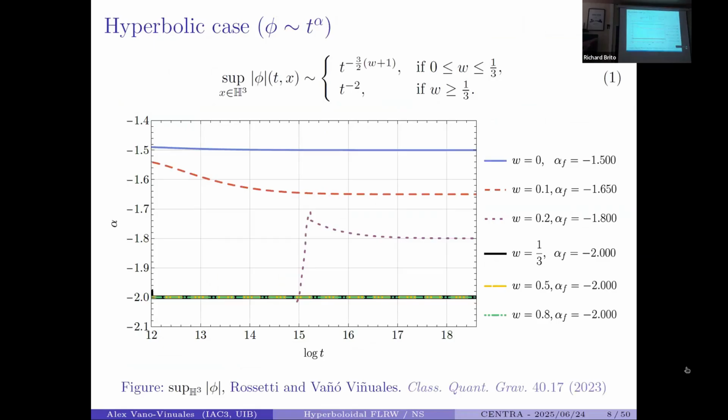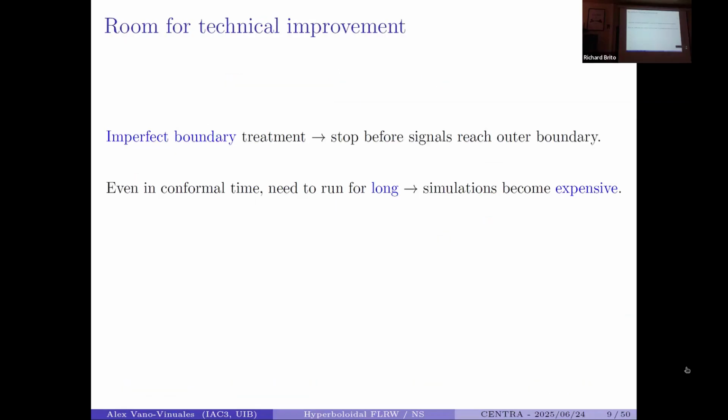And just to finish on these results, which we perform in the usual way with the usual time slices, Cauchy slices, we also obtain the expected values for the hyperbolic case. Again, you can see the exponent in terms of the logarithm of the physical radial coordinate. In some of these simulations, we actually need to go to late times to be able to see the tail decay. So when we're already in the tail regime, we hit some technical issues, which is